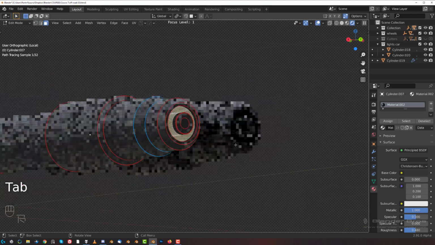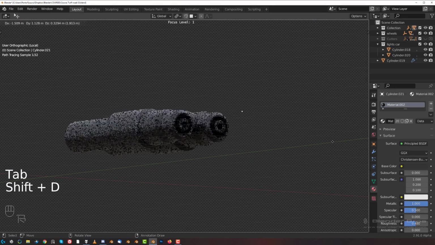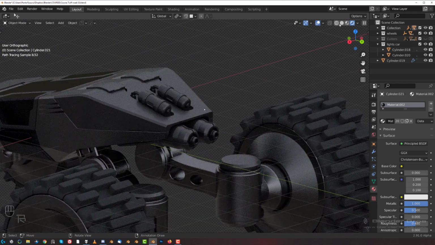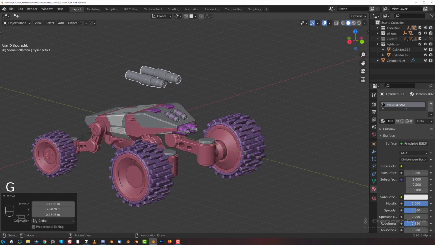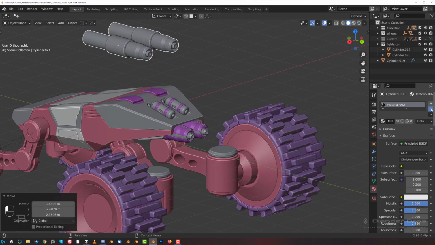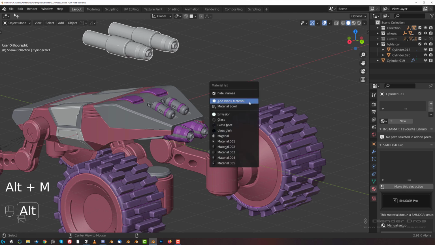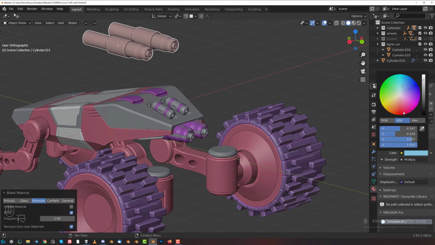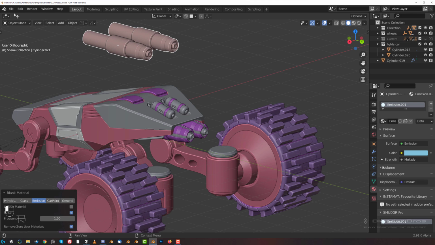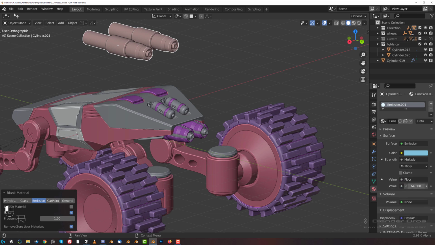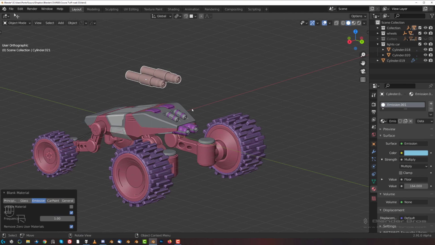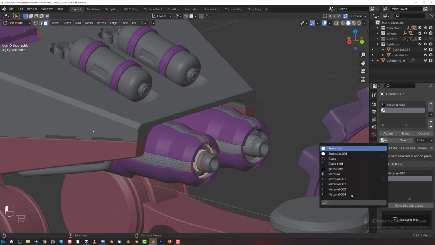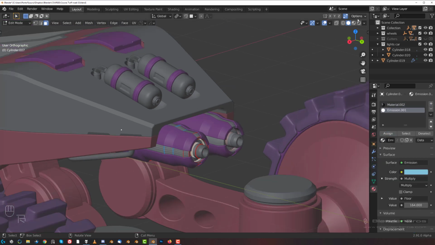So here, and then simply Shift D, shift them here, and remove this material, Alt M, and Control Alt click on material. It's gonna add emission, and we're gonna have another emission here, so another blue one, and let's pump the strength as well, and then we're going to simply select this and plus and Emission 001 assign, and let's go and